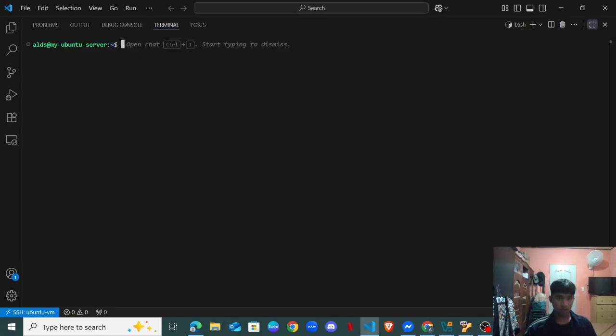So I think we've connected our Ubuntu server to our VS Code via the remote SSH. So this is our username, and it has our host name. So it is the same thing. So what we're going to do now is